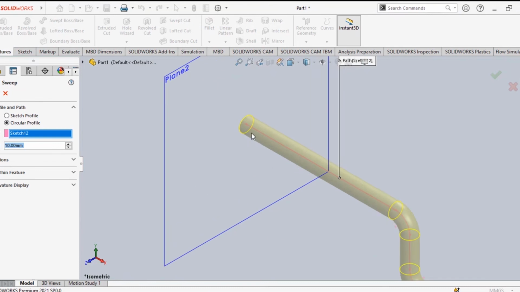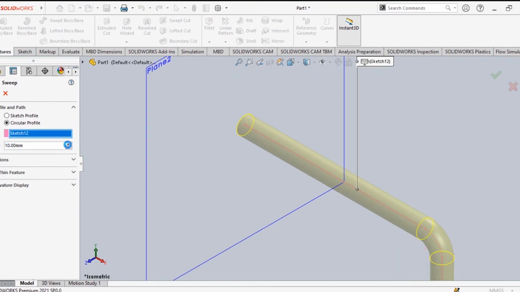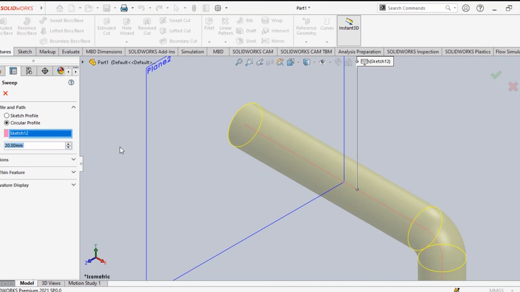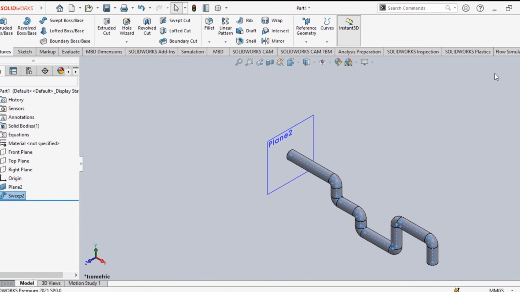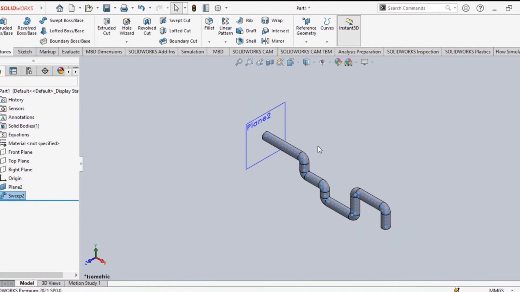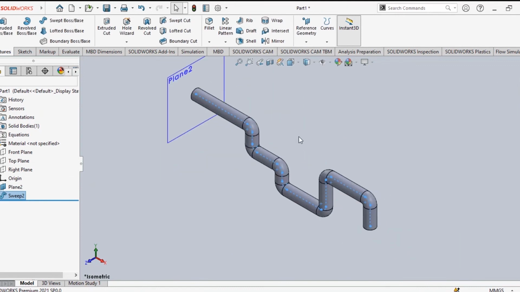Now we have selected the circular profile. You can make the dimension of this one different. If it is more, it will not take, because this part it is taking. This is the object. Green check this one, select it. This is the profile we made. Now, this is solid only.